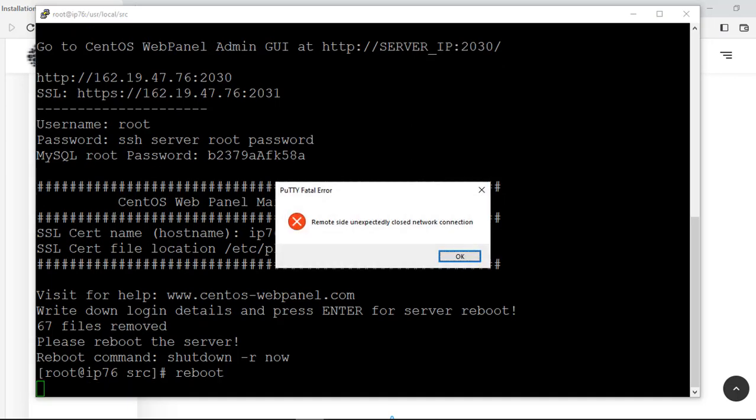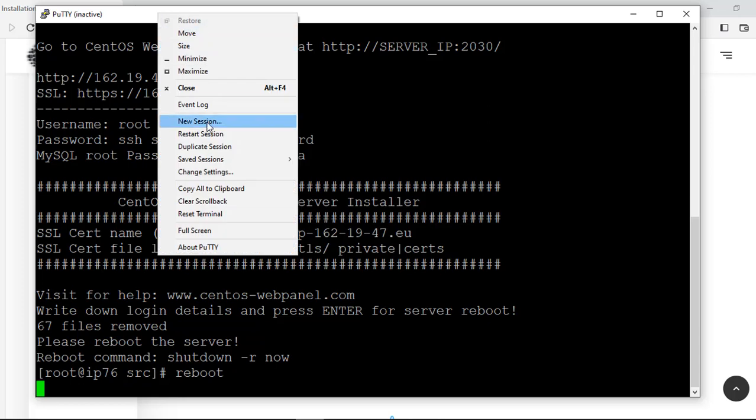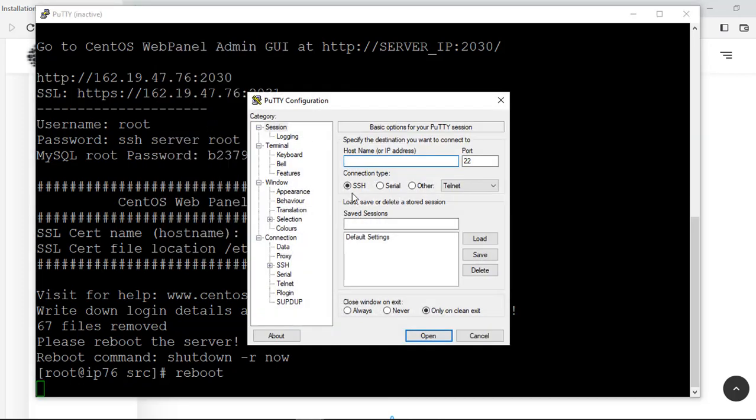Reboot. Now, of course, by now you know that when you do a reboot, the server will shut down and restart. Once your server shuts down, it will lose internet connection and you won't have access to it. So let's open a new terminal and start a new session, and then we put in the IP address of our server